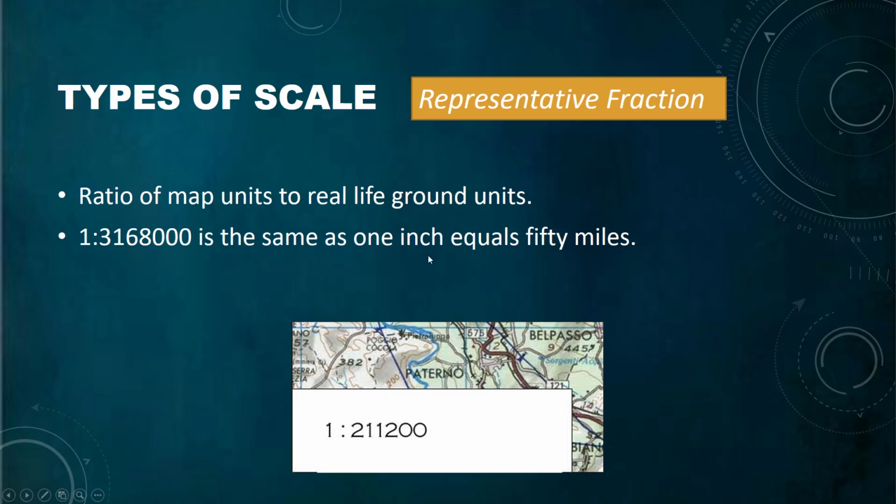So in a verbal scale, we'd say 1 inch equals 50 miles, but in a representative fraction, we do this. This is still awkward. This still changes if we zoom in or out of the map, if we blow it up or shrink it down. So it's still not perfect, but this gets used a lot when we're producing a series of maps at the